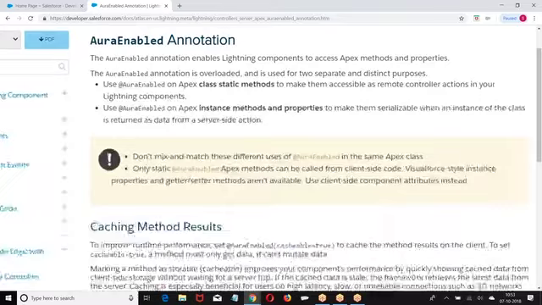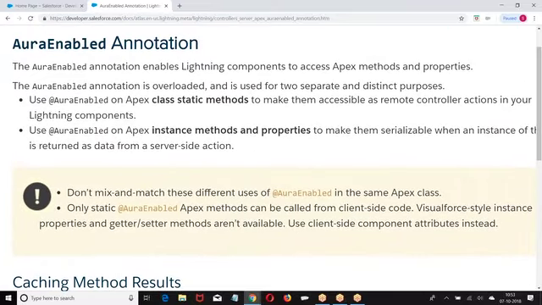Now, if you define a method as @AuraEnabled, what are the properties it has to obey? By now you may be knowing, if you are defining any annotation, by default it has to be a static method.